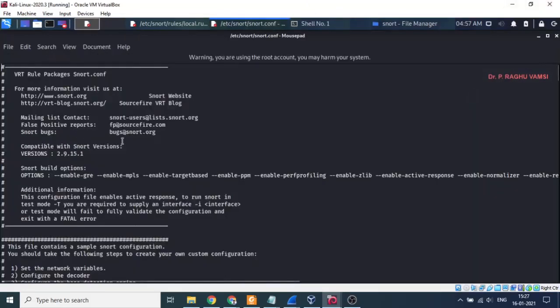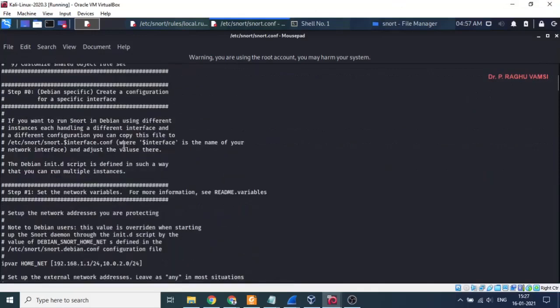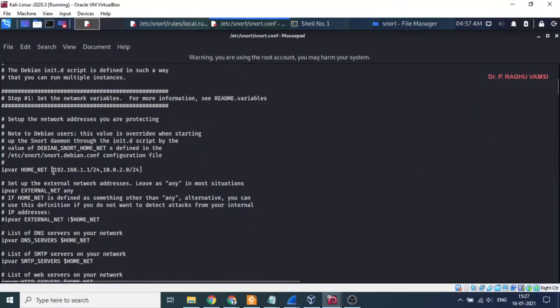In the snort.conf, we have already written the home address and details. 192.168.1.1/24 is the home network series. So along with this one, I will write 172.16. What is the home address here?